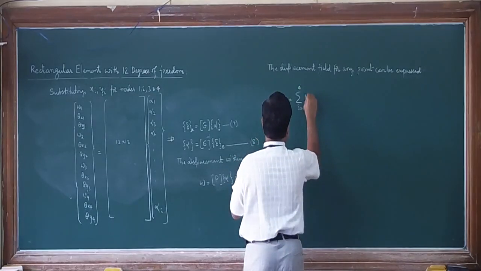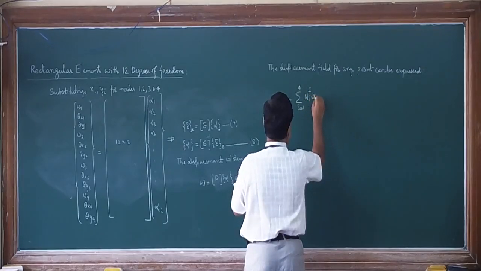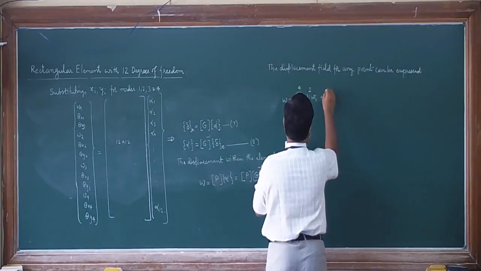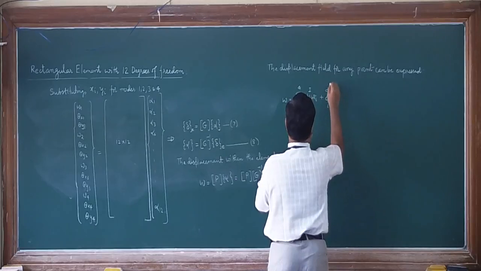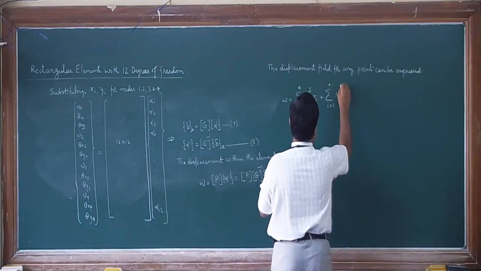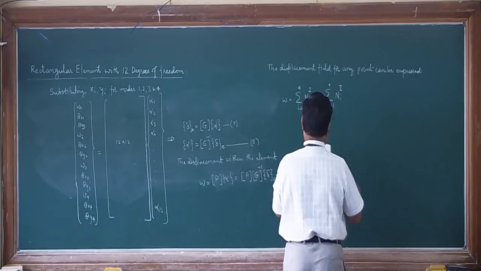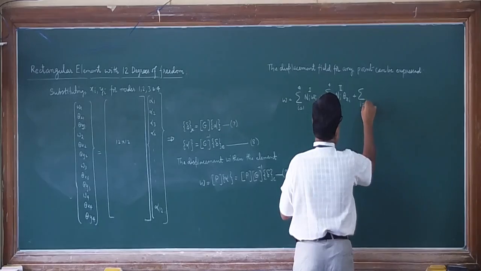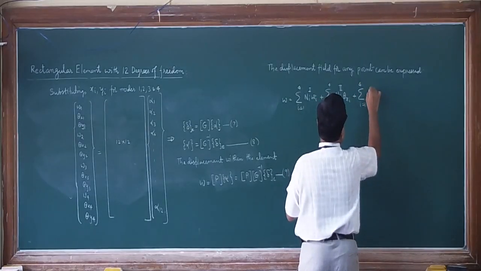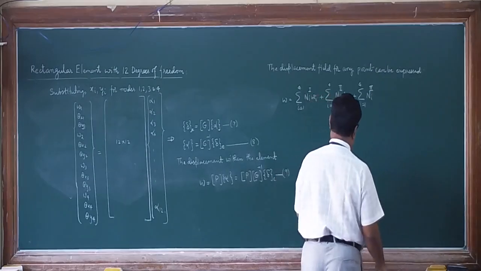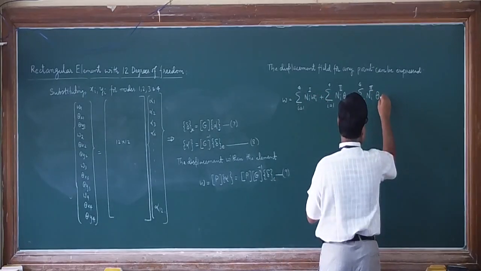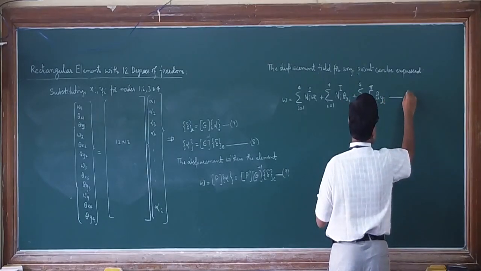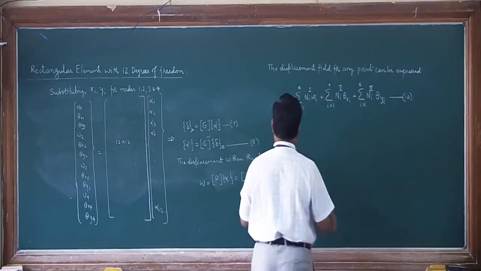Ni1 Wi plus summation i equal to 1 to 4 Ni2 theta xi plus summation i equal to 1 to 4 Ni3 theta yi. This is equation number 10, where these shape functions